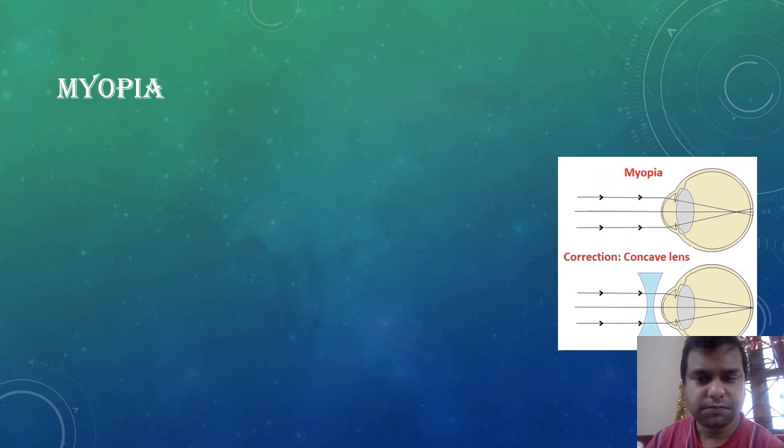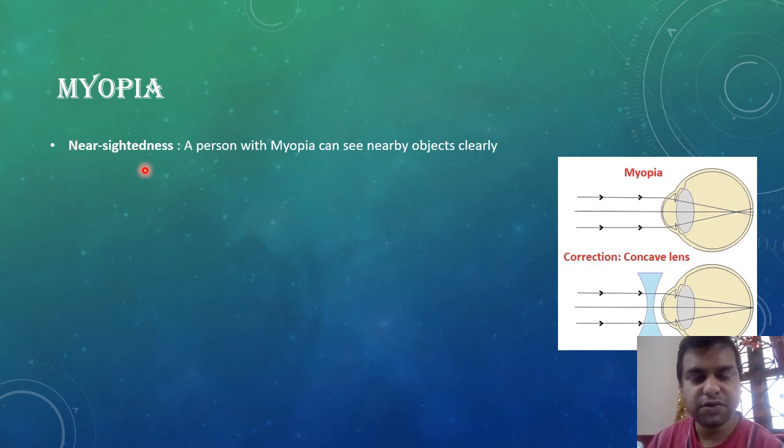Myopia. And what is this? In the case of myopia, see, the image should be forming on the retina like this, but in the case of myopia the image is formed something like this. We'll see what exactly is happening in myopia. Myopia is also called nearsightedness. That means a person with myopia can see objects which are nearby clearly. That person will be able to read from a book very clearly, but will not be able to see things which are far away, like a car coming from far. The vision may be blurred.